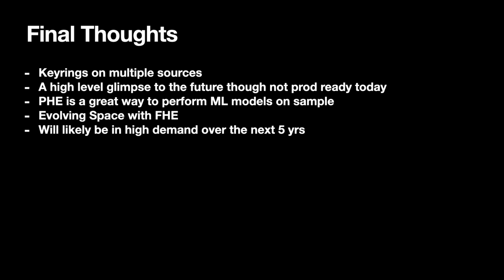All right, let me share a couple of final thoughts on this. First of all, in terms of some of the concepts with PHE, or partial homomorphic encryption, we didn't get into the concept of key rings. Key rings are a way for you to store multiple public and private keys. For example, if I had customer ABC, company XYZ and company DEF, I can put all my keys in one key ring and search for that key ring based on the public key. So it just becomes a lot easier. I don't have to worry about managing multiple keys. That's available in the docs for you to look at. I've tried it myself. It's actually pretty cool.